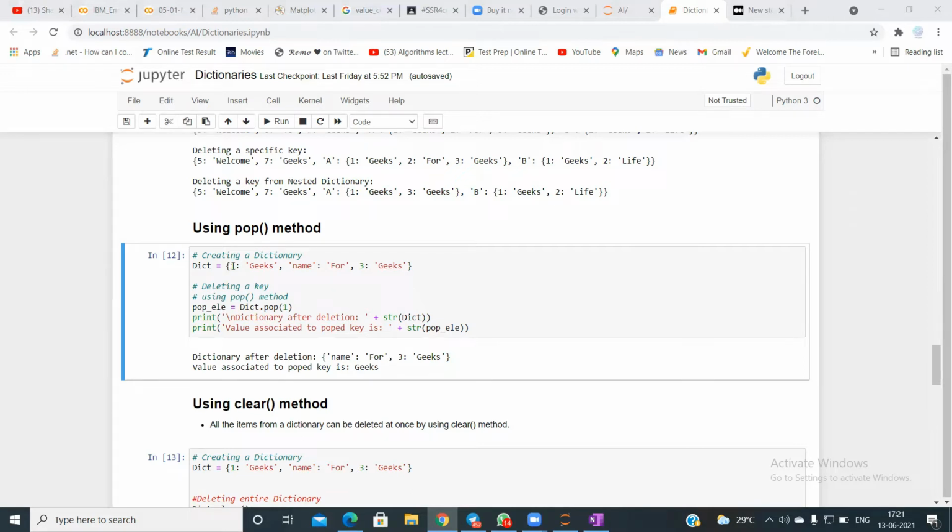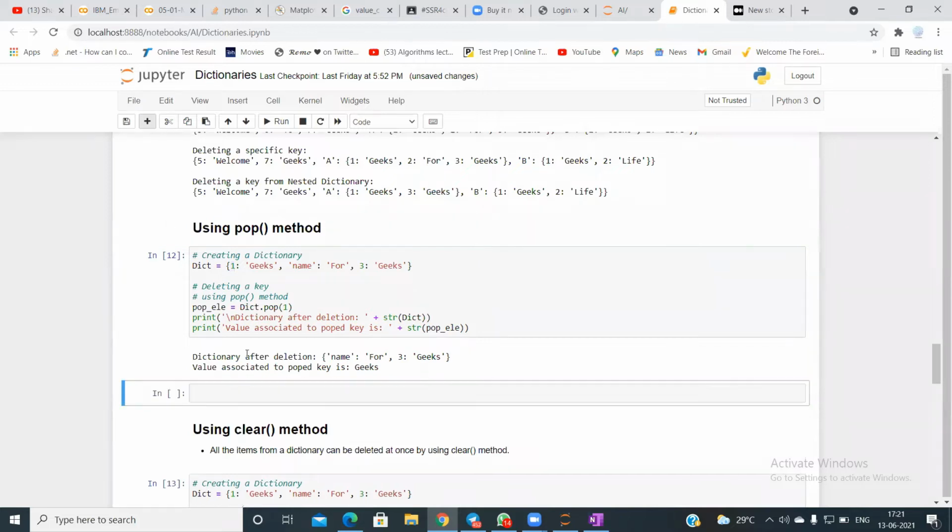You need to pass the key. So I passed the key 1, and it removed my first element and printed the remaining dictionary.